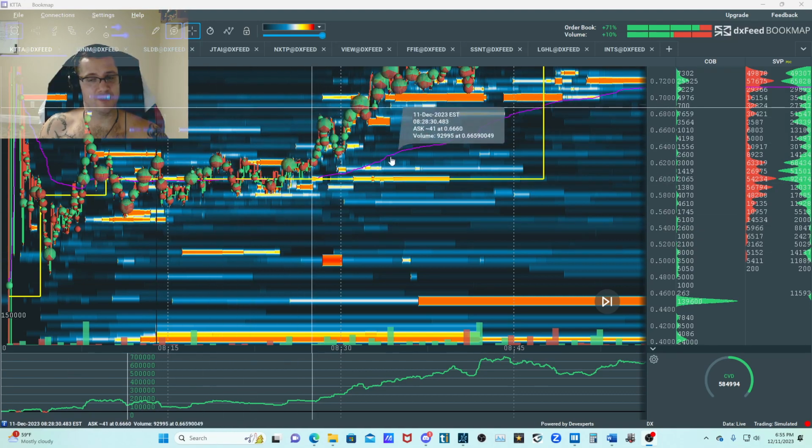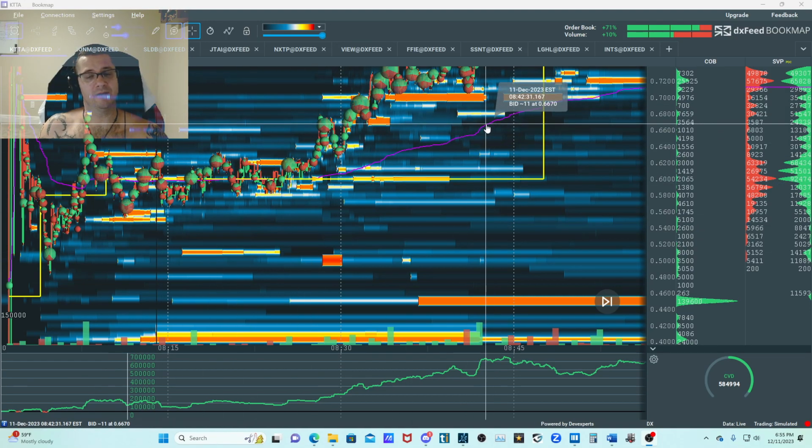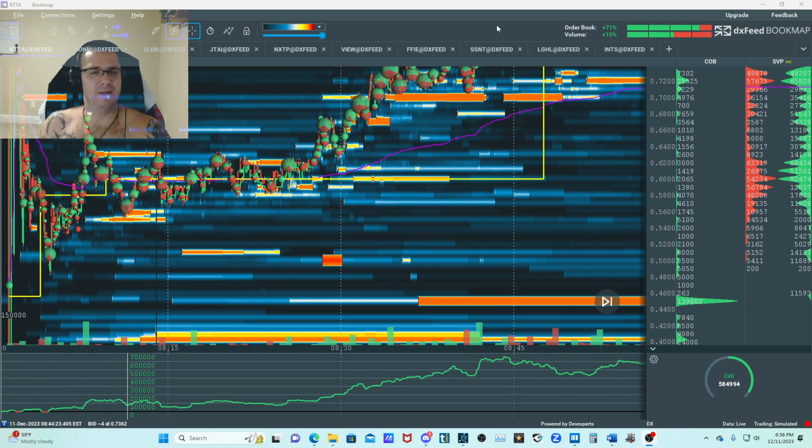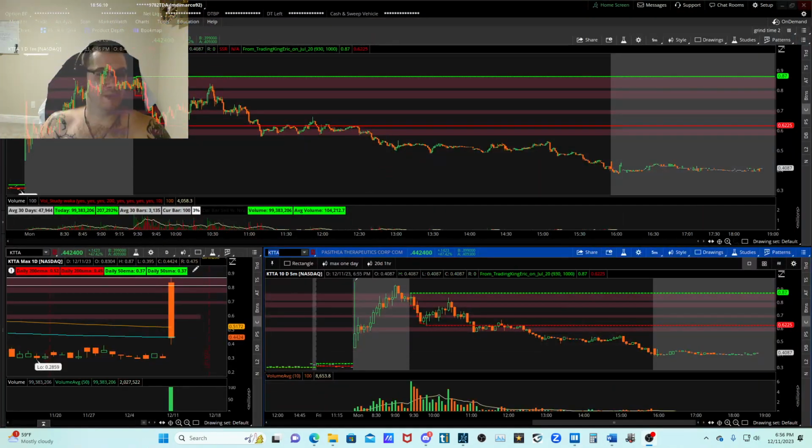I thought this was a beautiful pre-market play for a long. Remember, guys, too, I'm primarily long. I look for long setups. And then I studied the short side for a while, so I kind of know when it's like, hey, backside plays, dailies are just not really great for longs, right? KTTA, real quick, break down this daily,